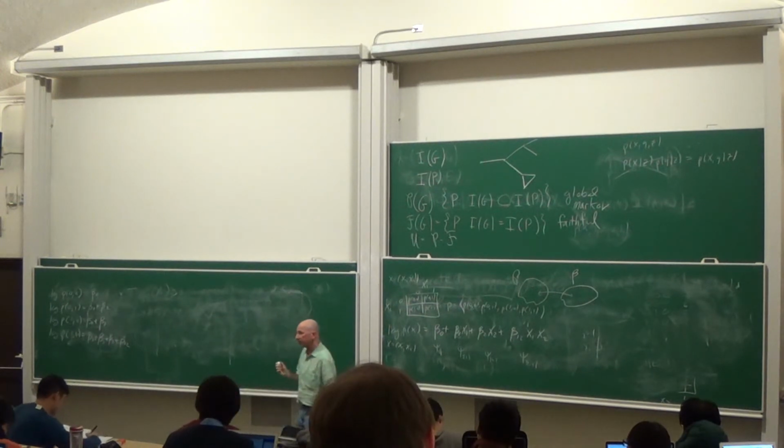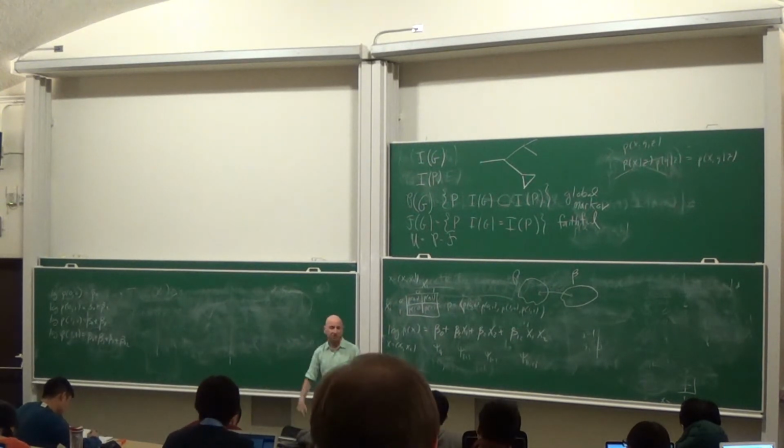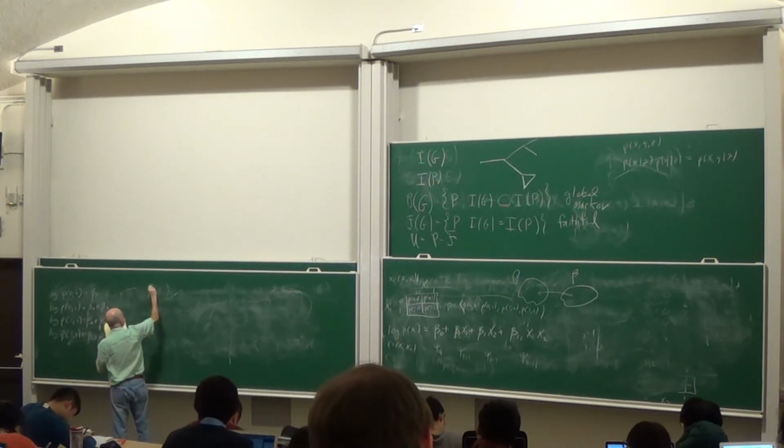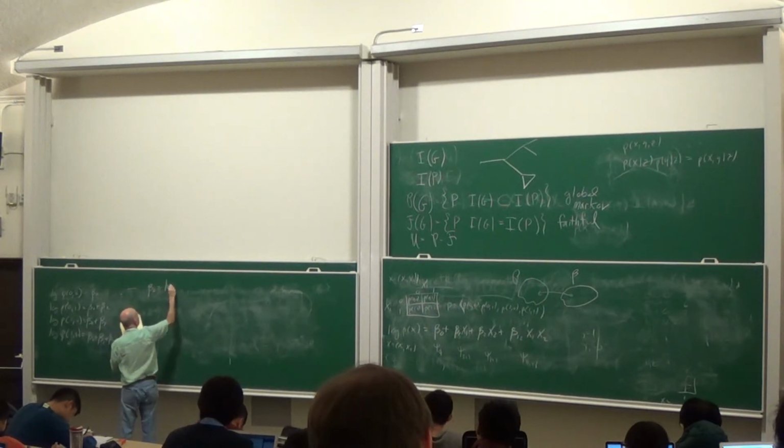Right? Is that really cool? Of course, I have 4 equations and 4 unknowns, so I can solve backwards. And I'll just tell you what you get. You get that beta 0 is log